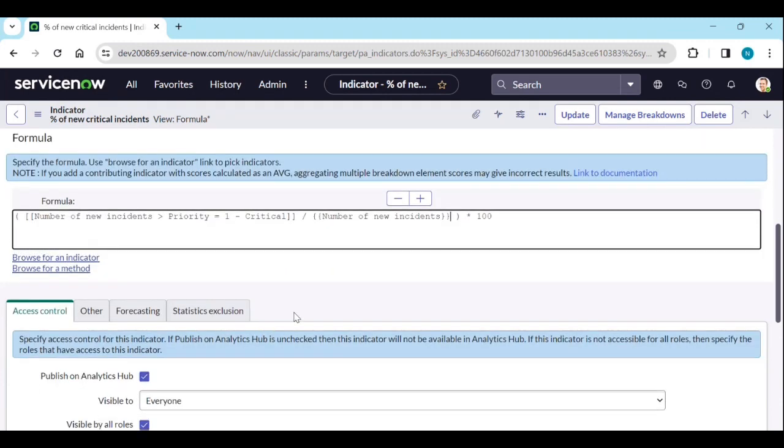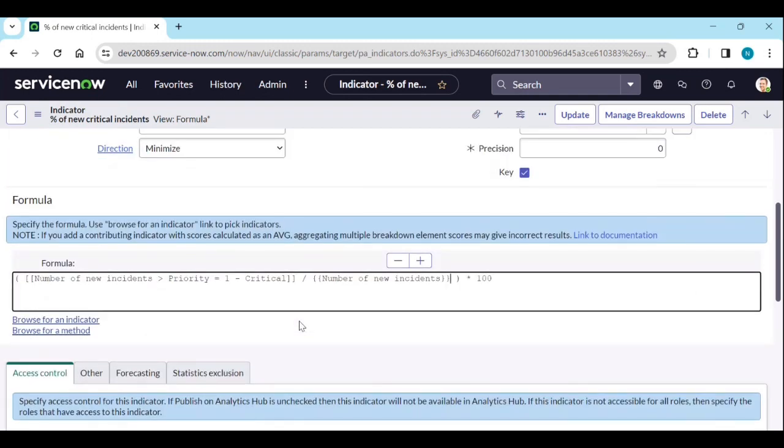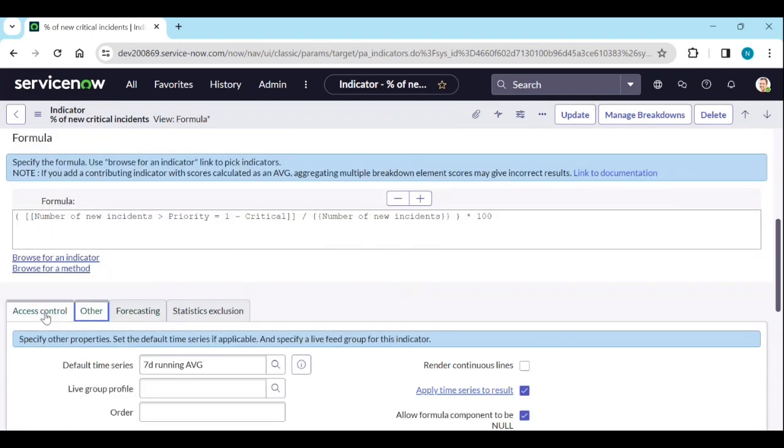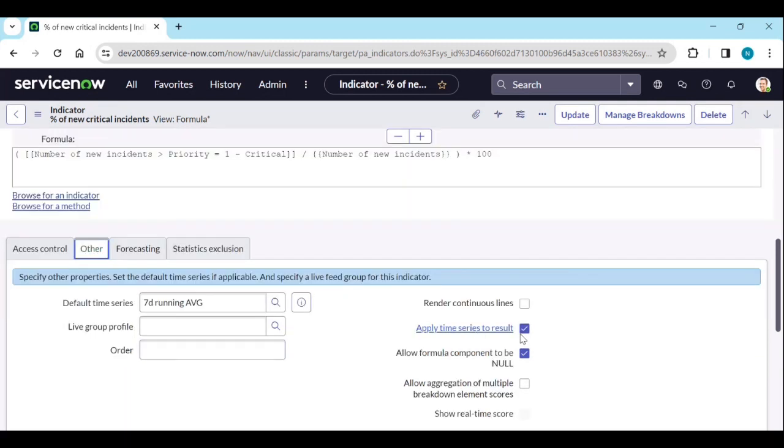And the other thing is apply time series result. This one is also important. Apply time series results is nothing but, if you are applying a 7 running days average, how will it calculate? It is like applying the time series to the result. You will get the result and you will have the time series. Something like